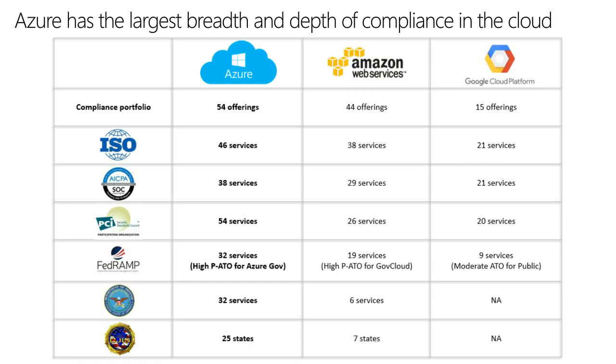And what you can see against those is not only in each category do we have more services, but the percentage of service that we have relative to our competition increases as we go down that chart, where each level gets more and more difficult to meet those individual services requirements. We also put more of our own risk on the line, or we share our risk with our customers. So we accept more responsibility for each of these regimes and each of the security sets of responsibilities for our customers. And we are willing to sign higher limits of liability than most of our competitors in this space, really being willing to put our money where our mouth is when it comes to trust and security of our platform.